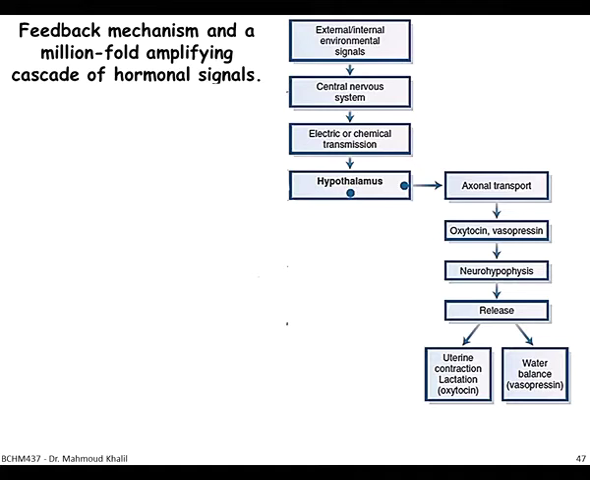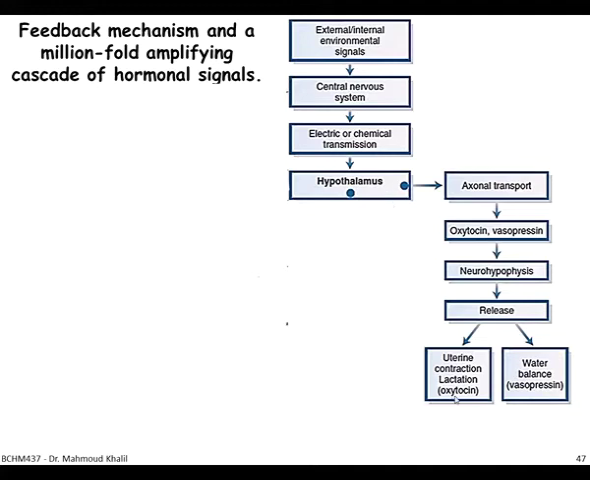So initially, for now, we need to know that the pituitary gland consists of two regions, the anterior pituitary gland and the posterior pituitary gland. Normally, the anterior pituitary gland is called adenohypophysis, while the posterior pituitary gland is called neurohypophysis. So the posterior pituitary gland, or the neurohypophysis, will release two important hormones coming from the hypothalamus, as we said,